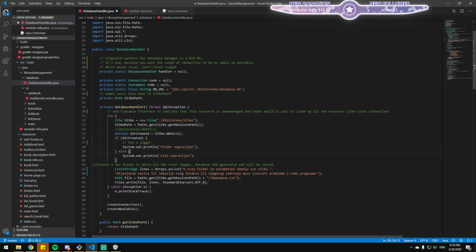Also, this throws SQL exception. This is kind of the wrong exception to throw. I understand that you've got create connection and create new table, which would also throw SQL exception. But this whole try catch block is dealing with a file, so in that case it should really throw an IO exception.